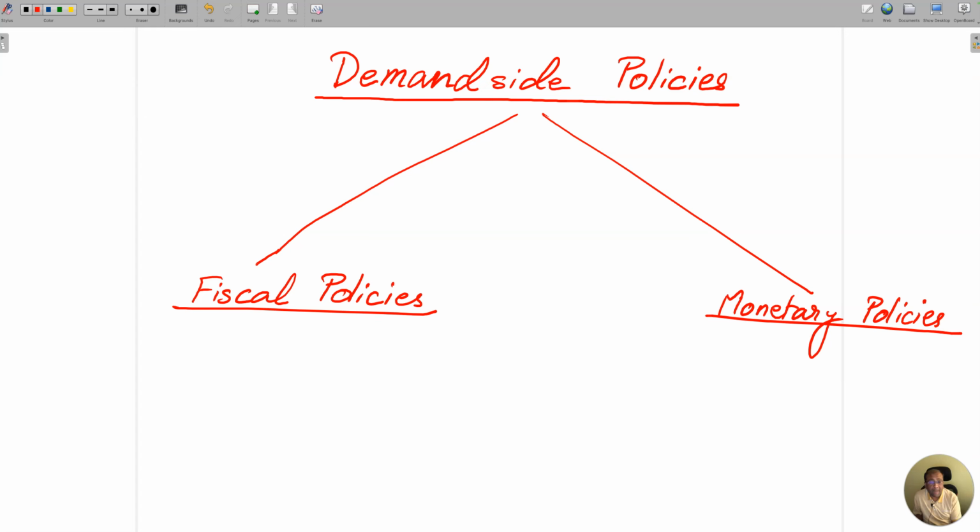Compared to fiscal policies, monetary policies are more often implemented because it takes much lesser time to be implemented. It can be implemented with immediate effect, whereas fiscal policy does take a longer time to be implemented and put